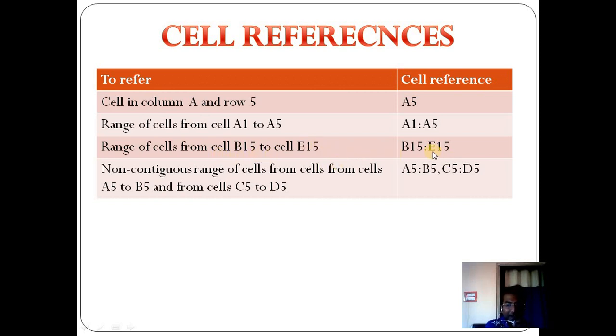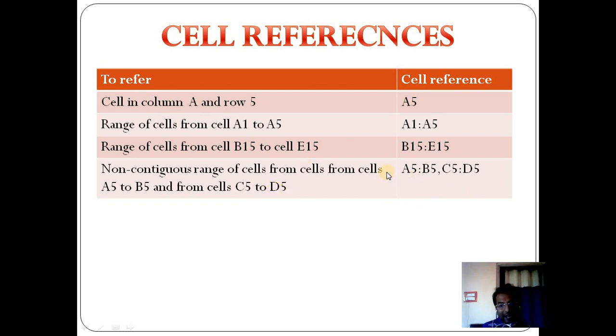When you place B15:E15, you enter the cell address in the formula bar, and when you press enter, that range is automatically selected on the Excel sheet. Another is a non-contiguous range of cells, like A5 to B5 and C5 to D5.